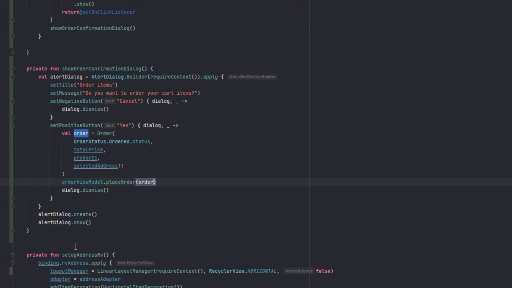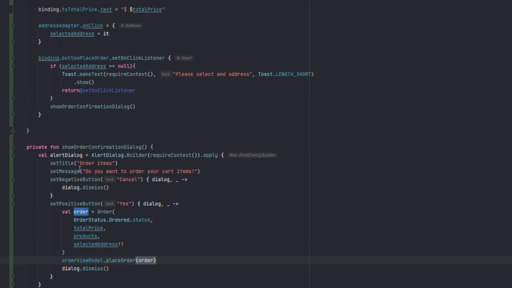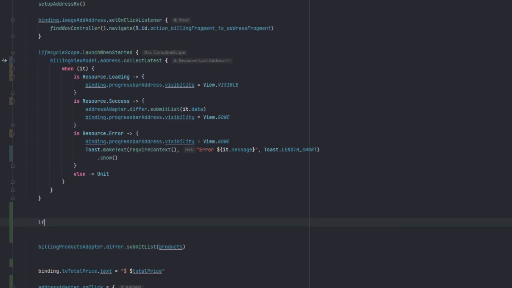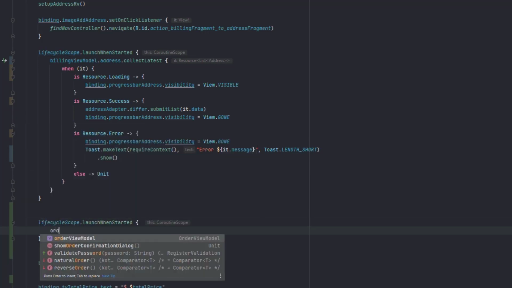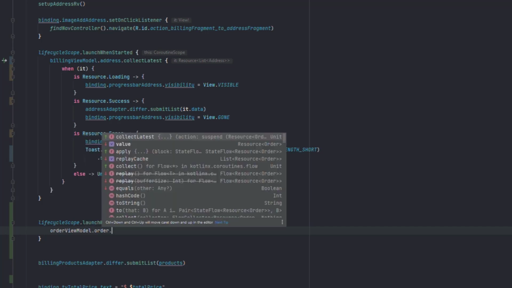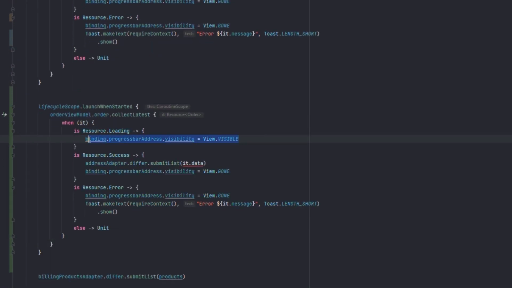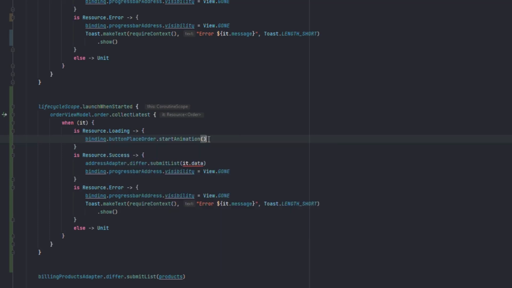Okay, now this will work, but we also want to have a listener on our state to show the loading animation for that button. So let's do that in here. Let's say lifecycle scope dot launch when it started, order view model dot order dot collect latest. In here I'm gonna copy this one, paste it, and we're just gonna change this to binding dot button place order dot start animation. In here we want to revert the animation,